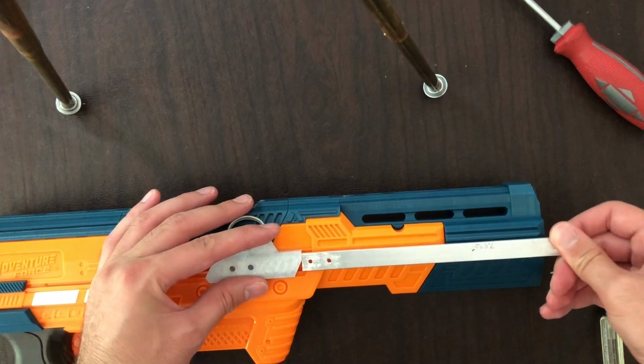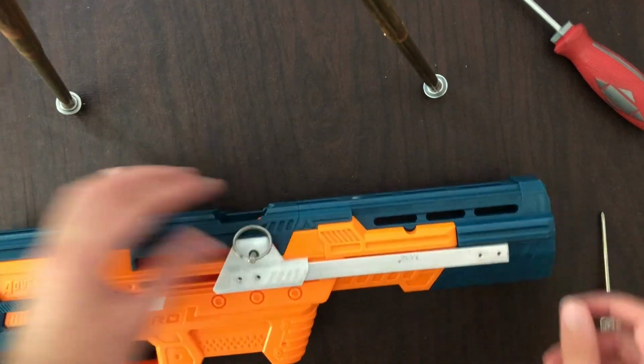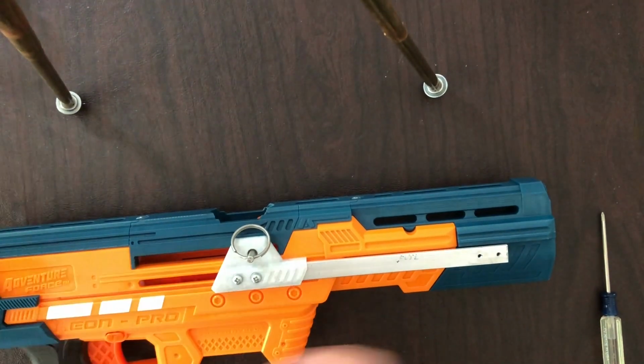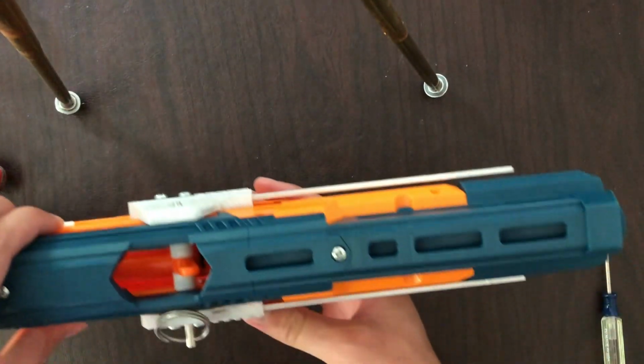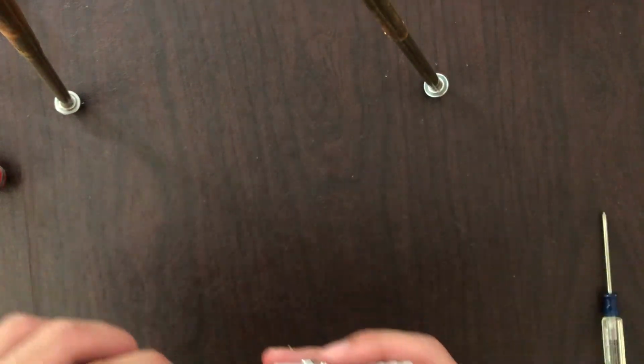I'm gonna do this side. The screw holes seem to be a little bit straighter this way. Yep, they are. And we're gonna put in those 2 screws. All right, so now that we've got the 2 aluminum bars attached to our 2 slides, now we need to